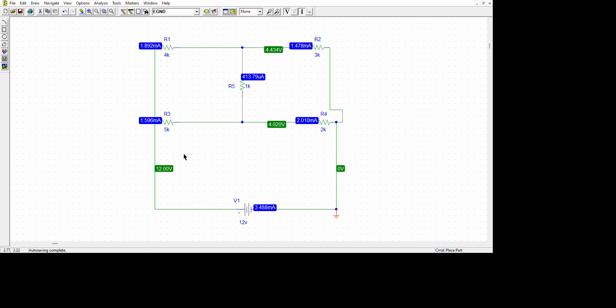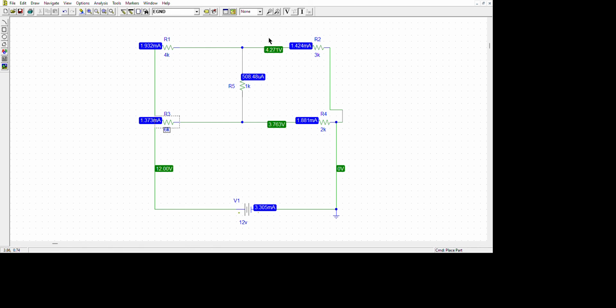If you don't understand the video, you can simply draw this circuit diagram in the software and simulate it, meaning run it, and you will get the exact answer. To learn more, you can easily change the value of a resistor. Suppose 5k, you can put 6000 kilo ohm, and suddenly the answer will change.